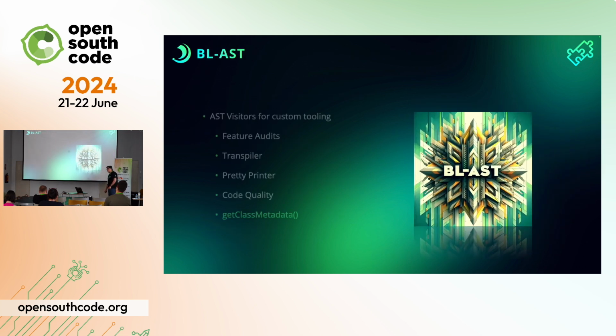And the BLAST was really important for us because this had never existed in the languages that we dealt with. And not a lot of languages give you the AST basically available to you. Actually, the metadata that we talked about, the BX, it has the AST representation in JSON available to you. So if you're a developer that wants to create code quality or see how that code was basically typed, you can. So you can do all kinds of things with the BLAST, from code quality to getting metadata out of your information. Okay? So we really focused on making sure that developers had access to the BLAST.